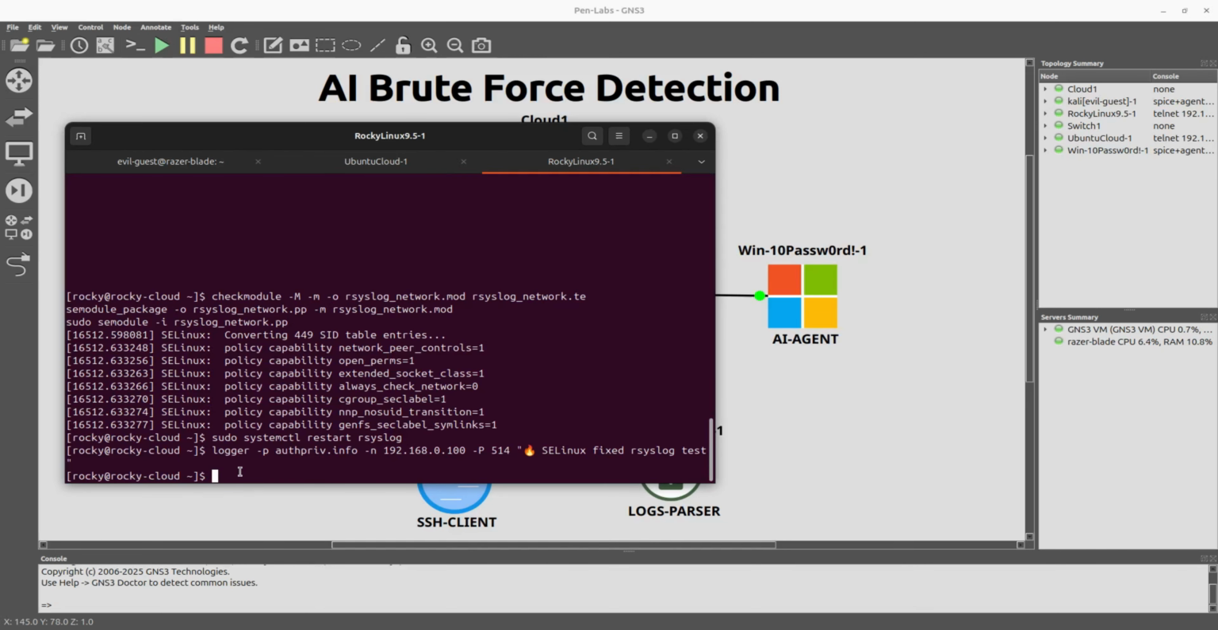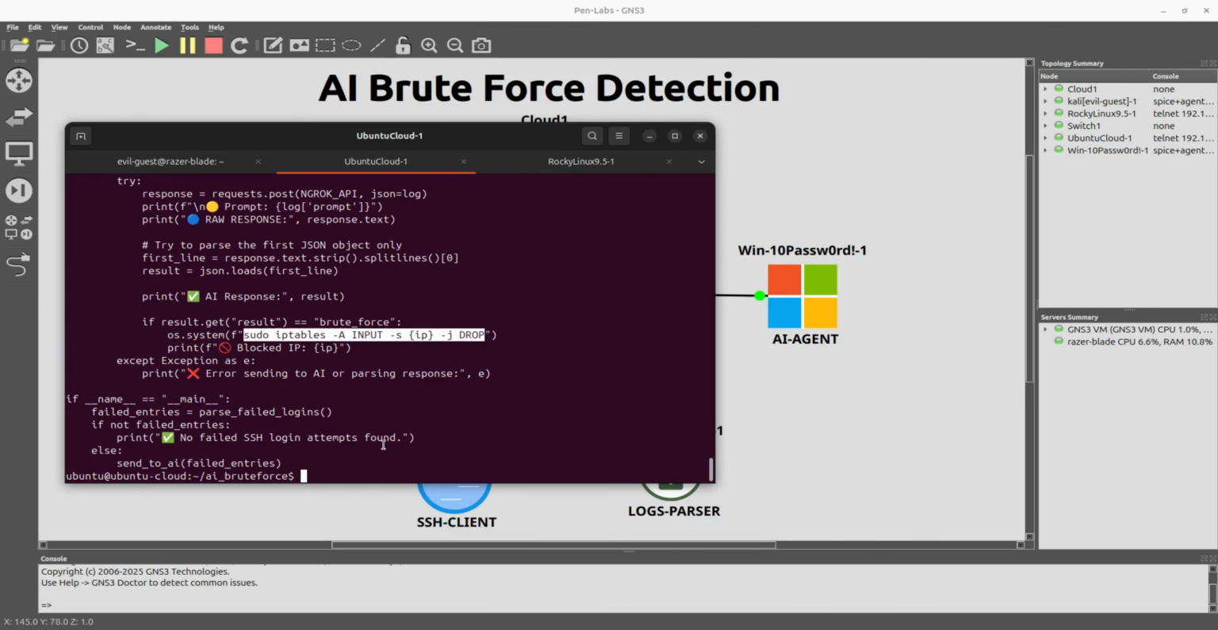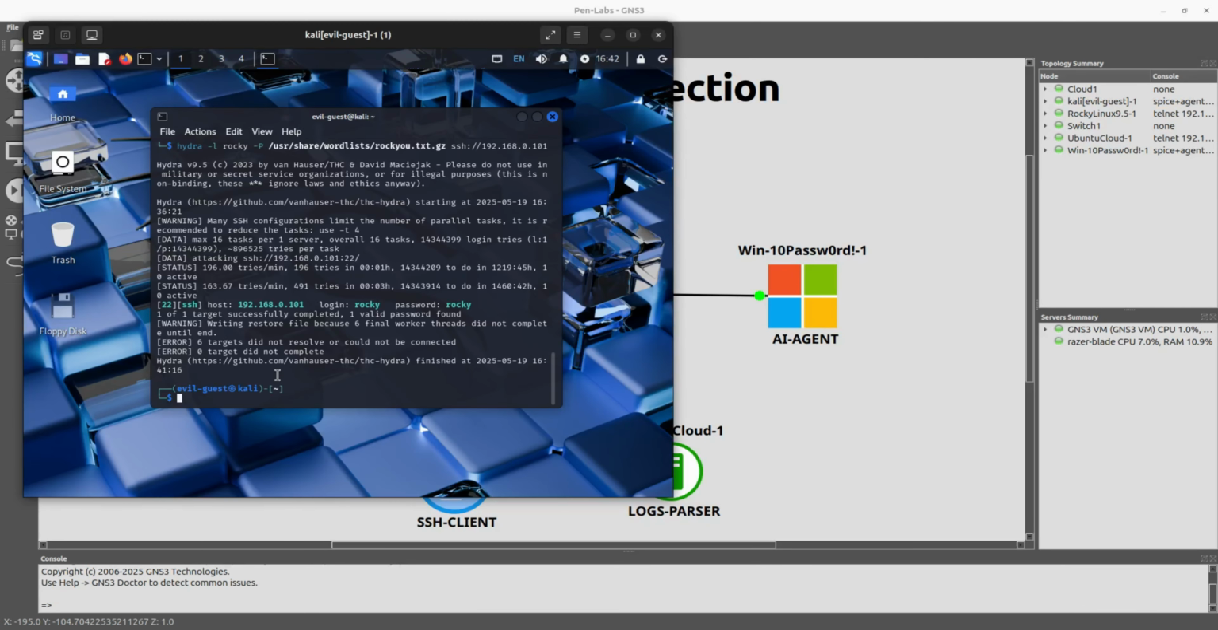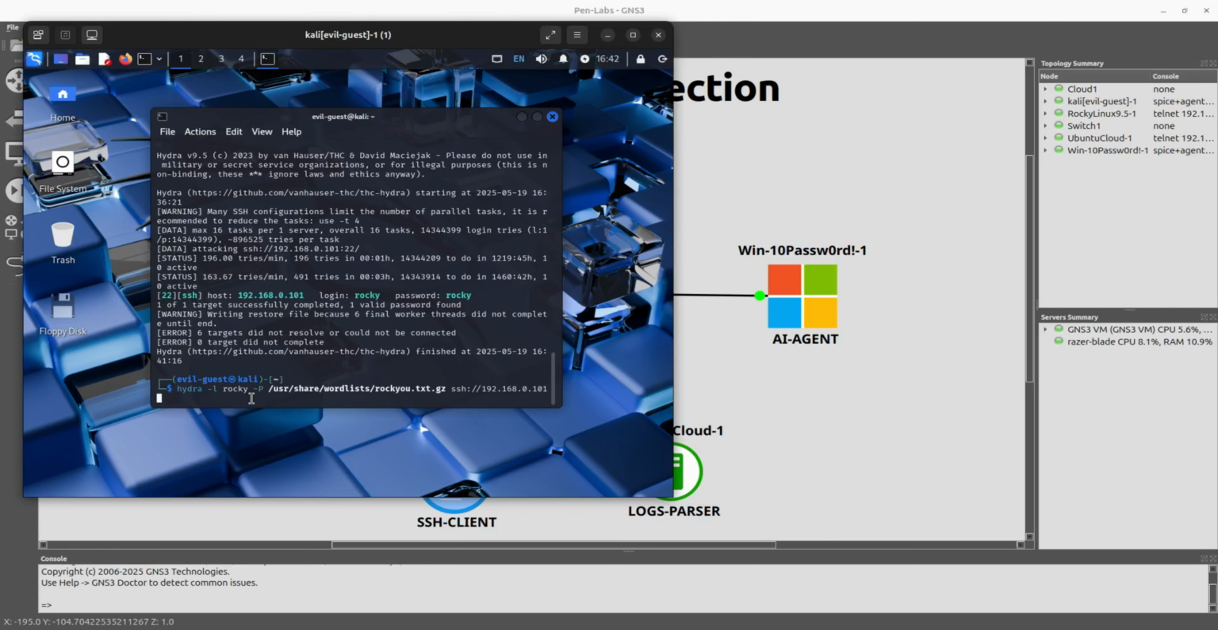So let me clear this, because we're not using this, this is what we're using. So let me clear this as well, and let me simulate the attack again. We can see the attack was successful. This is a brute force attack. This was a successful brute force attack. So let me run the attack again, and